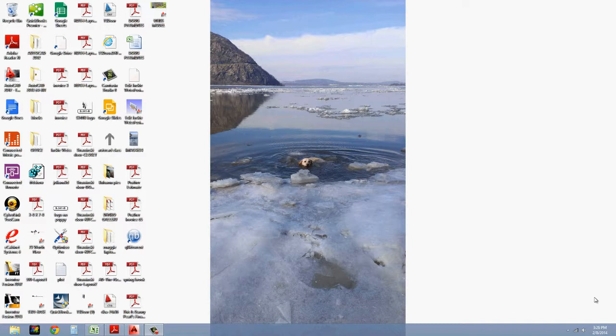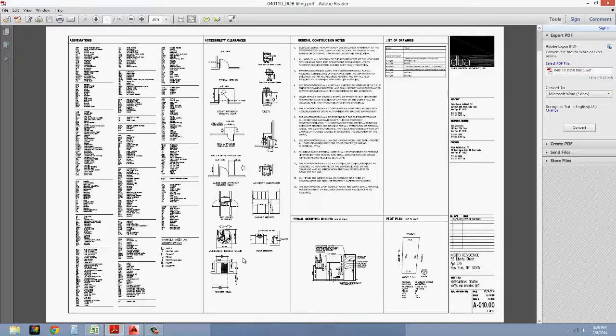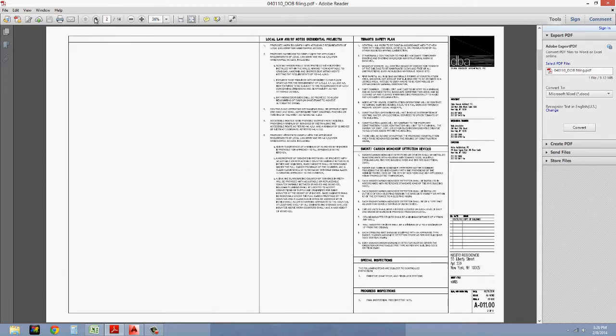So what I want to do is introduce the concept of external referencing, and we're going to cover this over a couple of classes because it is a little weird to get into, and it's going to start to introduce paper space. Okay, to begin with, if you look at this PDF that I open up, this is essentially what we want to create. Our task in the end is to create a drawing set,